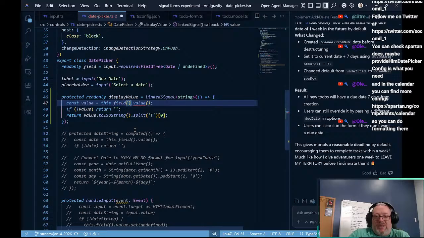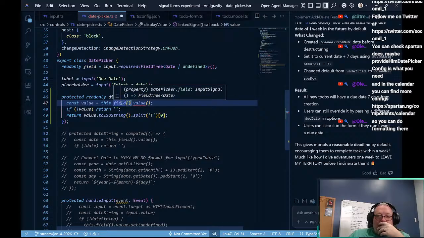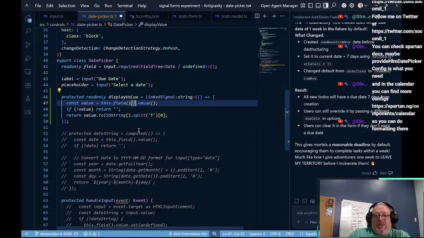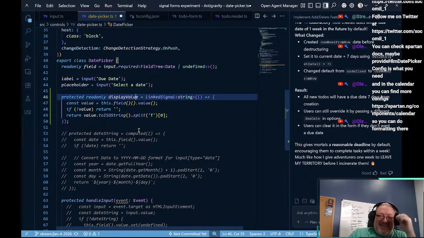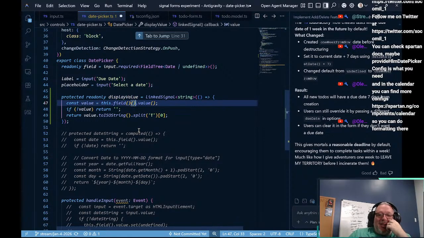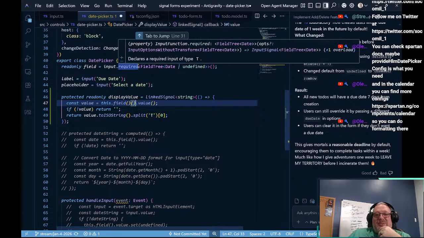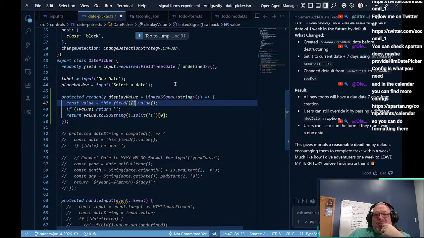Why doesn't it like value from field? Oh, I need 2 here. That's ugly. That's really ugly. But I need 2 because this is a signal that returns a field tree. So this first, oh, that's really ugly, but that works. So if we don't have a value,